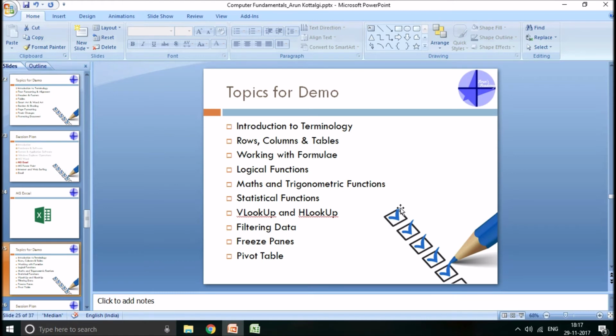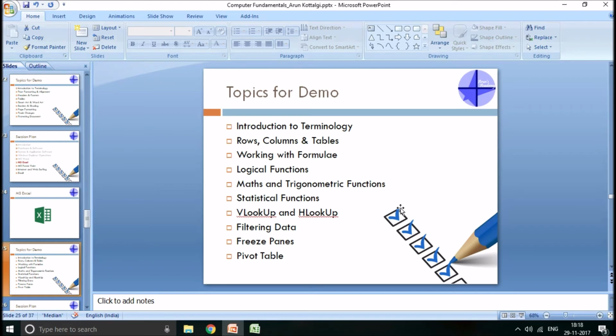I am sure you will do a lot of practice after this session, going back to your own system. In these sessions, I keep telling, because this is a technical session, practice is very, very important. If you don't practice, though you feel everything is very easy when you are seeing a demonstration or an illustration, when you go back to your actual work, it becomes difficult. You will not find where that particular option is. So please practice as much as possible.